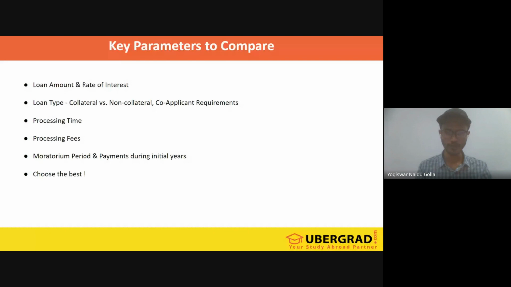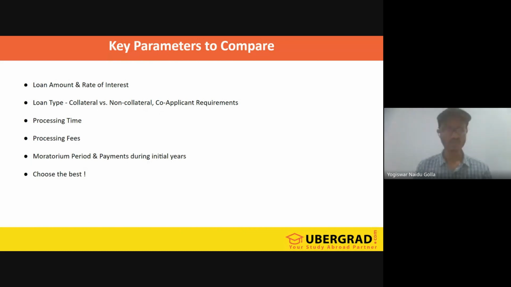be in a blood relation. So who will be in the blood relation? Maybe your father, sister, or brother can be your co-applicant. The co-applicant has some specific requirements. The monthly income should be 125,000, which is the requirement the bank asks, and then the income tax returns should be 5 to 7 lakhs if he is a salaried person, and his or her yearly income should be in between 4 to 6 lakhs. So these are some specific requirements and conditions that should be fulfilled for taking non-collateral loans.